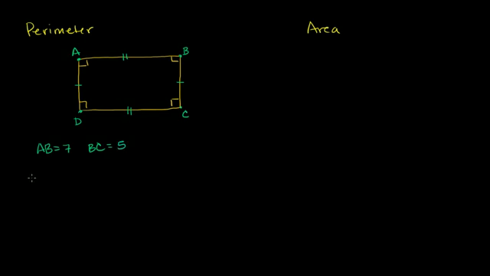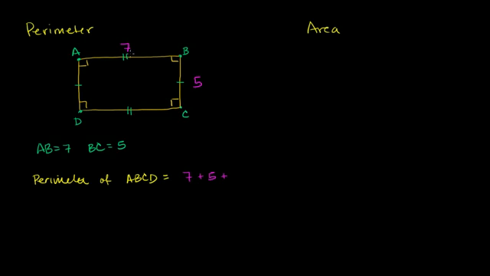So let me write down the perimeter of rectangle ABCD is just going to be equal to the sum of the lengths of the sides. If I were to build a fence, if this was like a plot of land, I would just have to measure how long is this side right over here. Well, we already know that's 7, so that side right over there is of length 7. So it'll be 7 plus this length over here, which is going to be 5. They tell us that BC is 5 plus